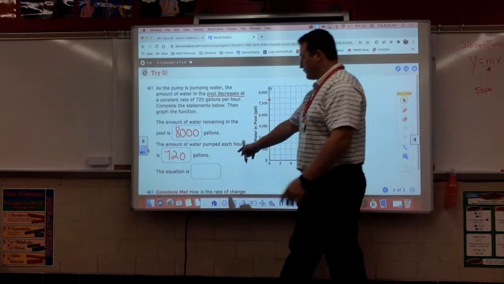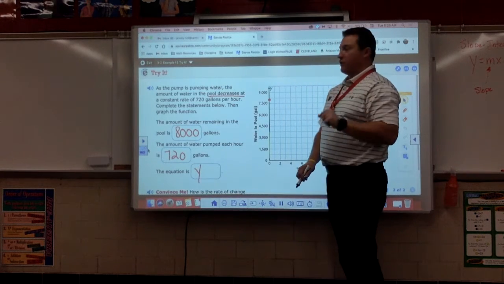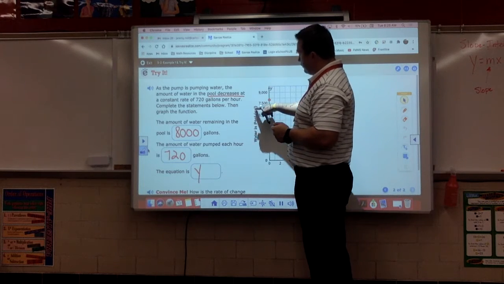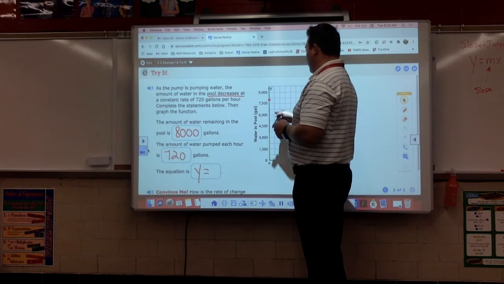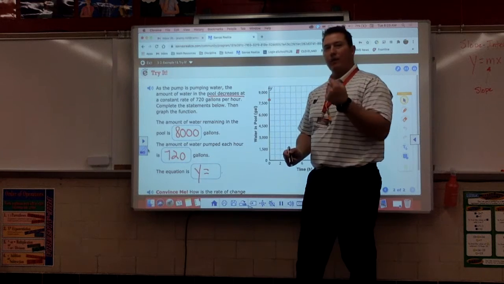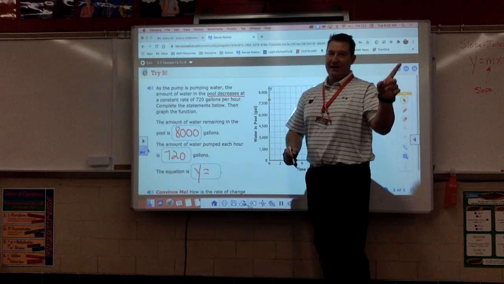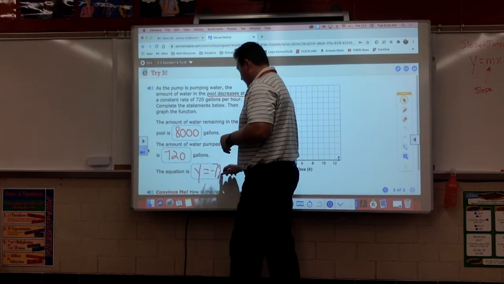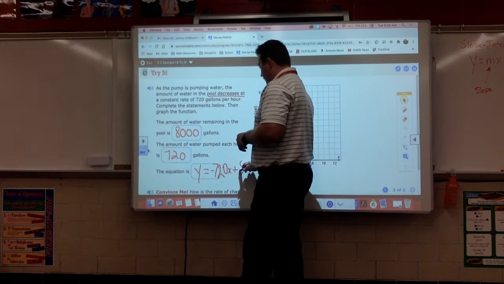Anyway, let's write our equation here. We're going to write it in slope-intercept form because that's what we've been doing. So y is the amount of water in the pool. That is equal to, what's our slope here? Well, our slope was 720, but remember, this line is going to go downhill. So what kind of slope is that? That's negative. So it's negative 720 gallons, right? And where did we start? Well, we started at